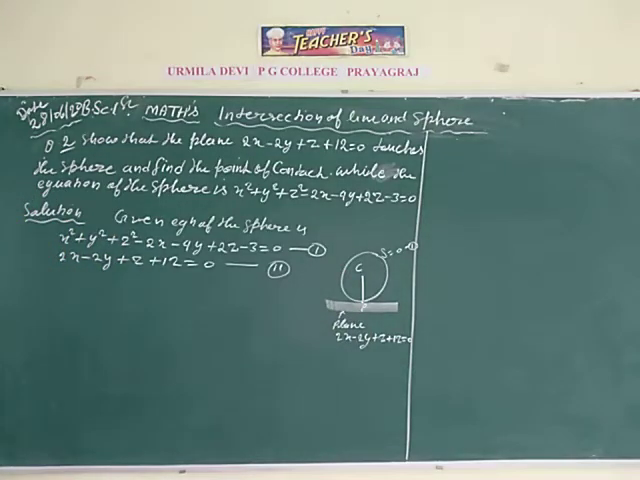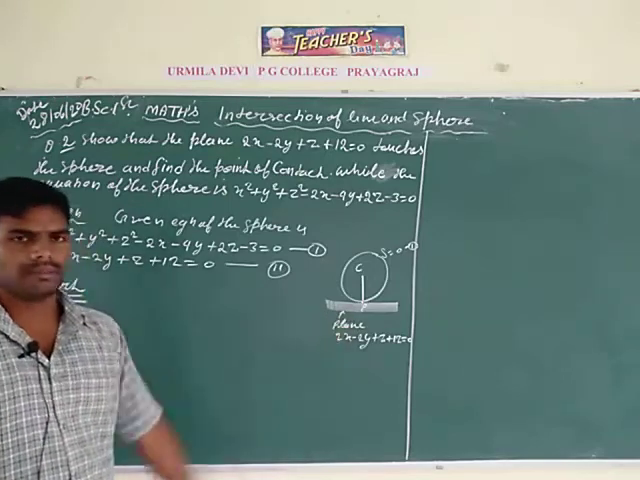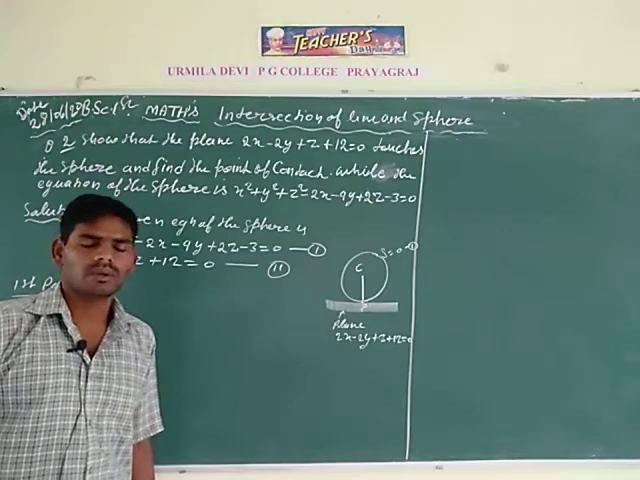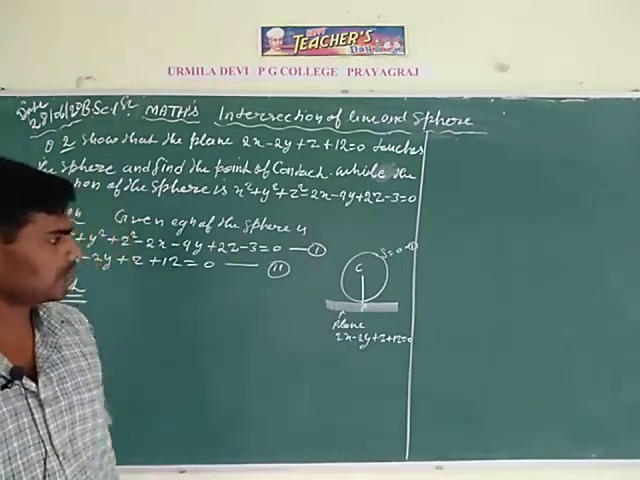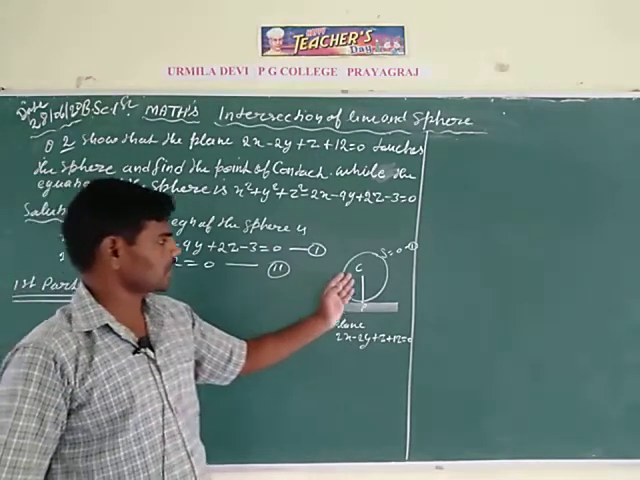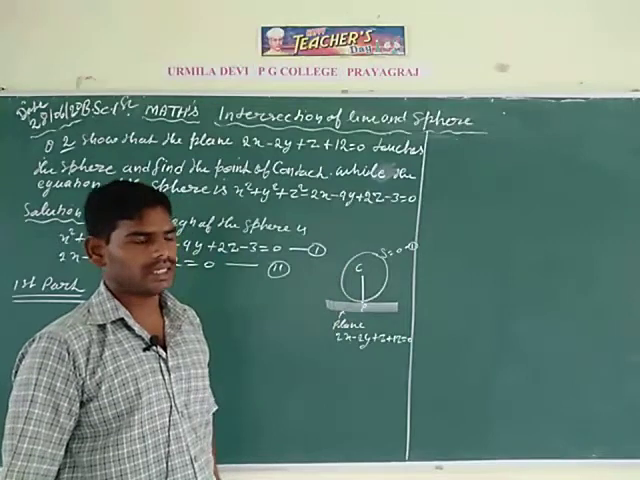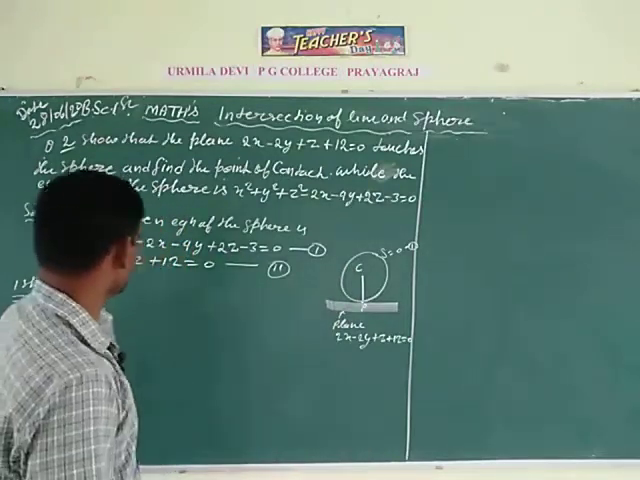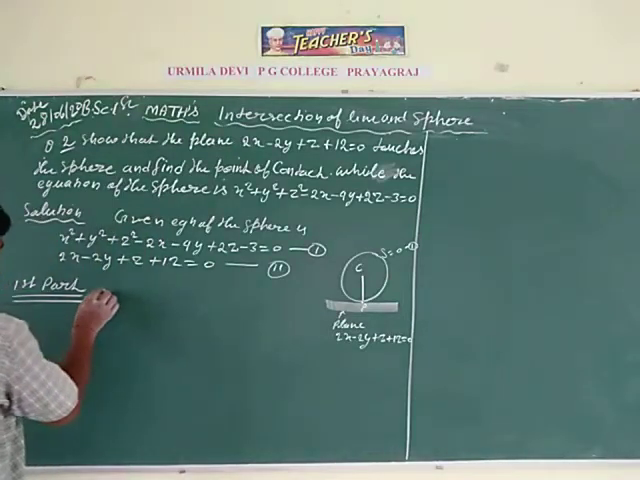So in the first part, so that the sphere touches the plane, we must prove that the perpendicular distance from C to the given plane is equal to the radius of the sphere. So here first calculate the center coordinates capital C of the sphere by the rules of the center coordinates. So the given